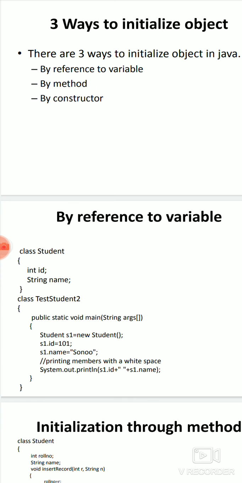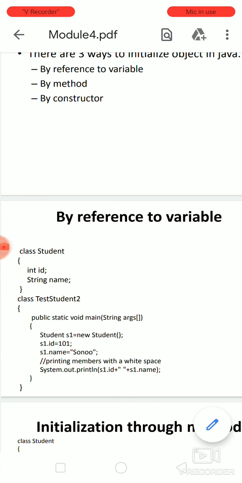The new operator, as we have already said, is to assign a memory space to the object created, that is s1 here. Without a new operator, you cannot assign a memory space, or you cannot initialize a memory in the system for an object created. So whenever you create an object, if you want to allocate a space in memory, you have to use a new operator. I have already told this in the last class video also.